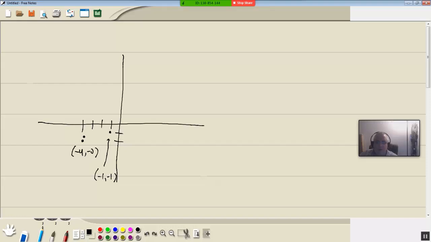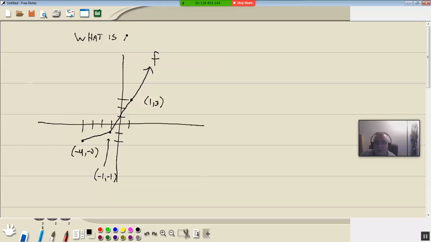Okay, so this point here is -4, -2. This point here is -1, -1. And this point here is going to be 1, 3. Okay, so if I draw my lines in this manner, this is our function. Now to find the inverse and to understand, the question is,